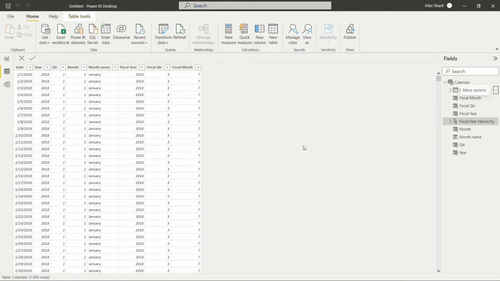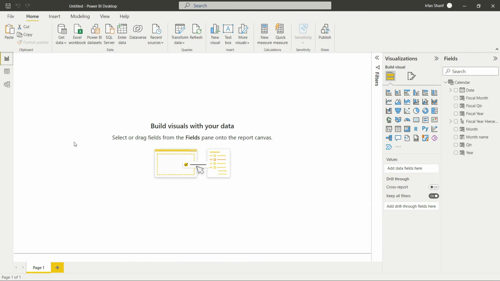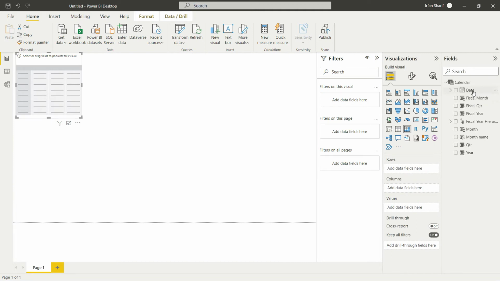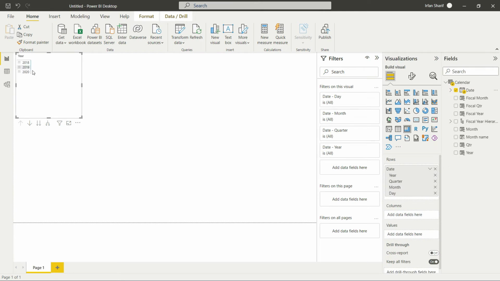So now you can see that we have created the full hierarchy here in my Power BI. Now we can go back to our dashboard, and I can show you how this hierarchy is working. If I simply drag down any visual, a matrix for example, and I drag down the date, the traditional date that we have used earlier, the calendar year, and I scroll that down to the rows, you can see the automatic hierarchy that Power BI creates, it has been created, and it is giving you the